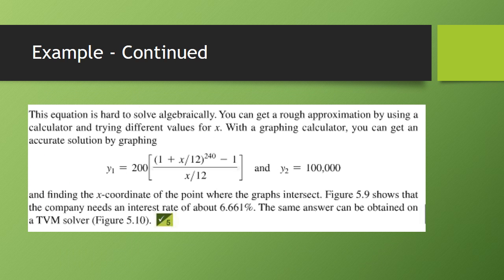And it says this is kind of hard to solve algebraically, and it is. It's a tough one. So what we're going to do instead is use our graphing calculator like we've talked about before. You're going to go to y equals, and for y1 you're going to put in the equation. Be careful, watch those parentheses. For y2 you're going to put in 100,000, and you're going to see where they intersect. And when you do that, you should find that it's about